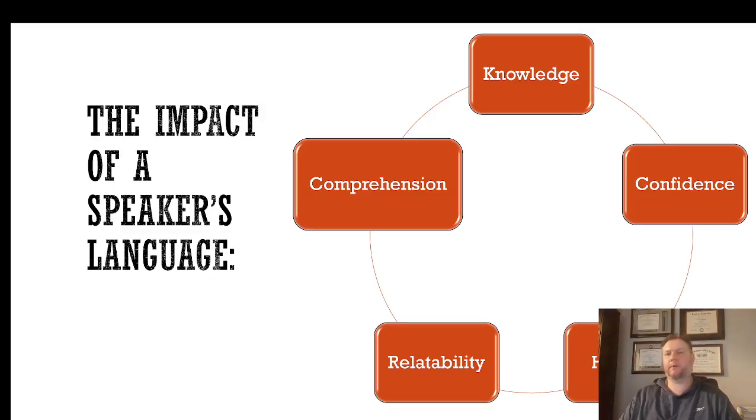We also make evaluations on, do we think they're reliable? So this is essentially, are they credible, right? Are they trustworthy that they would be the one to know this topic very well and therefore be the ones we should be listening to regarding the topic? And then their comprehension. So this is very similar to knowledge, but it's essentially, what is their overall understanding, right,